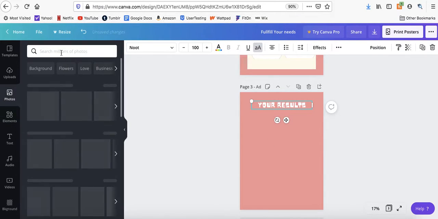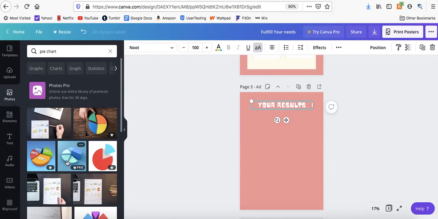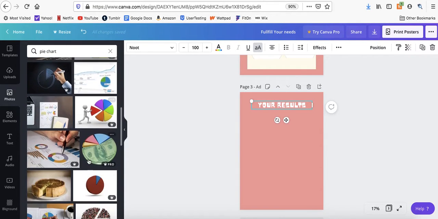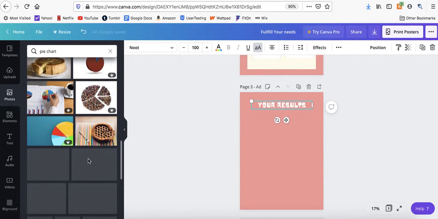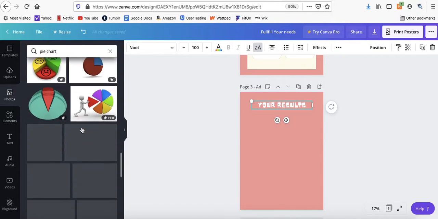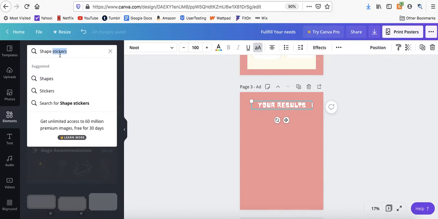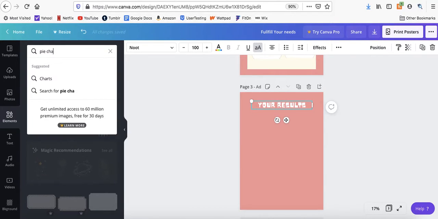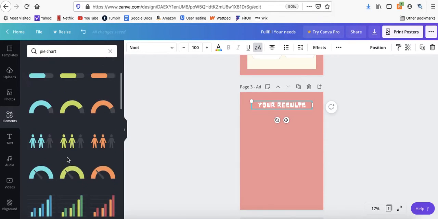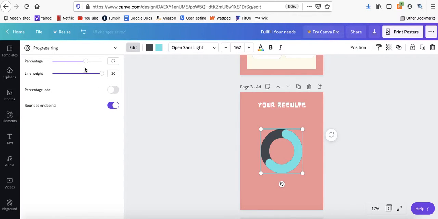And we're going to go here, we're going to do a pie chart. I'm just looking for what I think would be a cute little pie chart to put on here. Maybe they'll have one on here that I like a little bit more. I don't love the backgrounds on them, I just want the pie chart. This is cute. I like this one here. Alright.